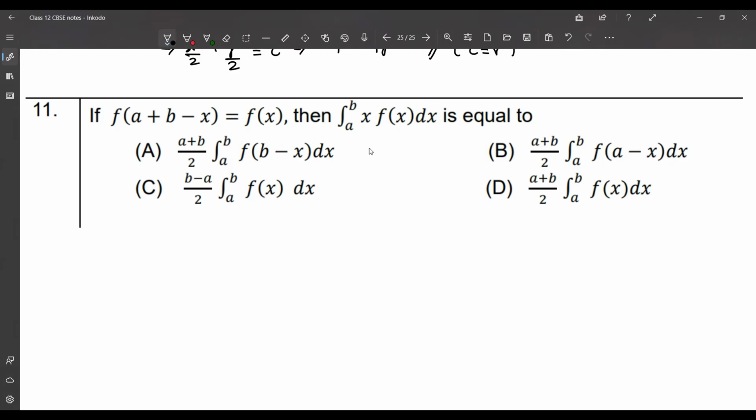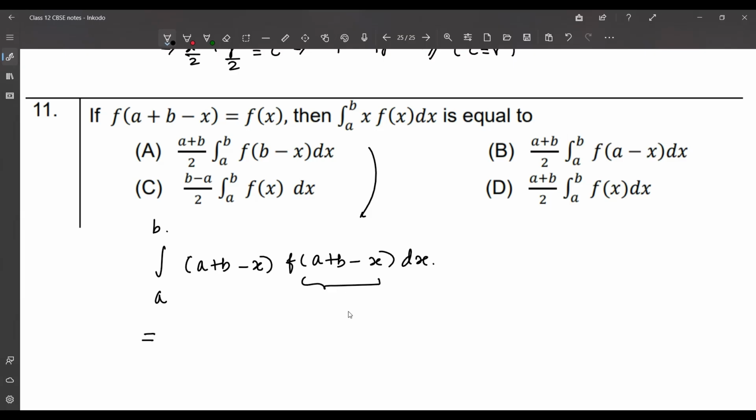To solve this, we're going to use the property, which is this x would be replaced as a plus b minus x into f of a plus b minus x dx, and the limits would be as it is, which is a and b. So this is equal to, this can be replaced as f of x dx, and a